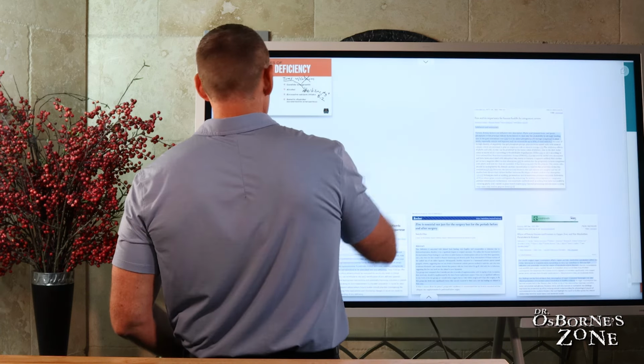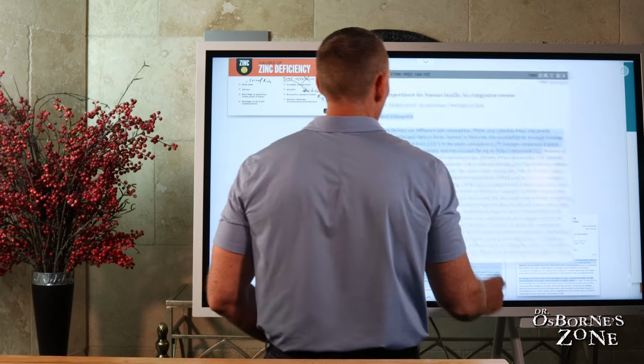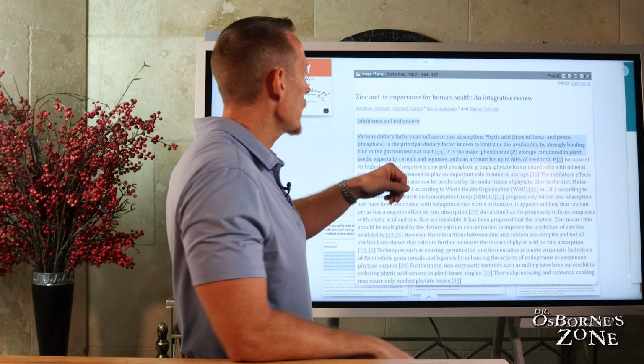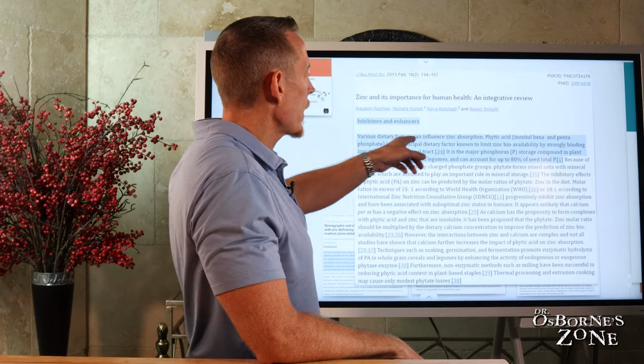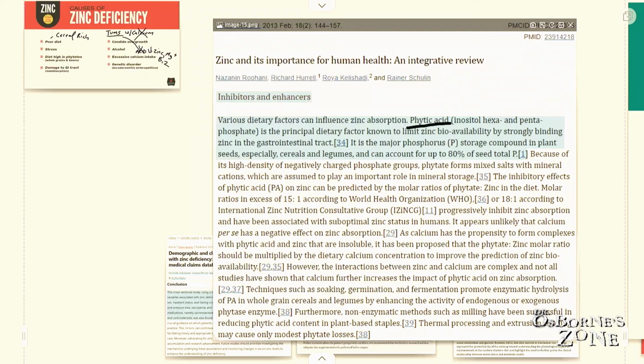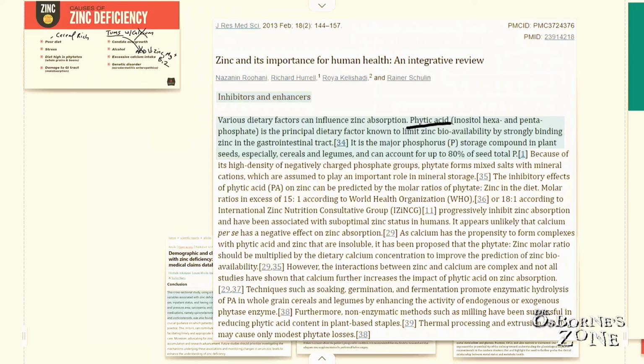Okay, let's look at some other things. So here's this research paper, a review on inhibitors and enhancers of zinc. See, various dietary factors can influence zinc absorption. We keep coming back to this phytic acid. I'm going to keep saying it. It's the principal dietary factor known to limit zinc bioavailability by strongly binding zinc in the gastrointestinal tract. So in your gut,